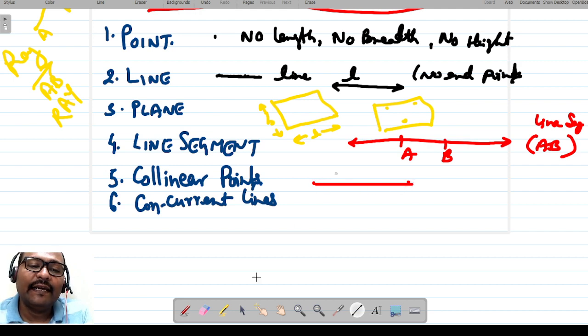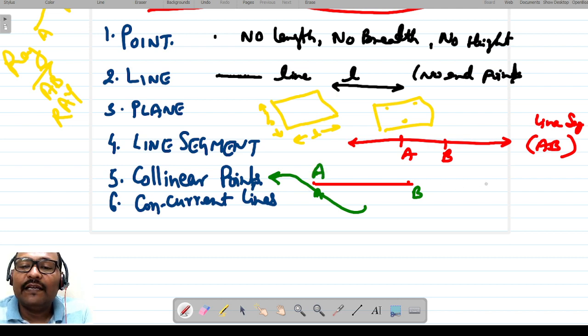So we can say this A and B are collinear points. If it is A, it is B, then we can say these are collinear points, right? If there is a certain point C also lying over here and it is also lying on the same line,